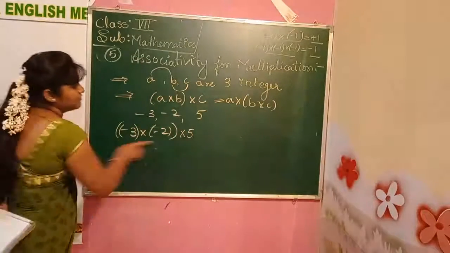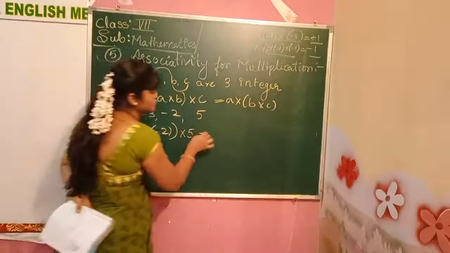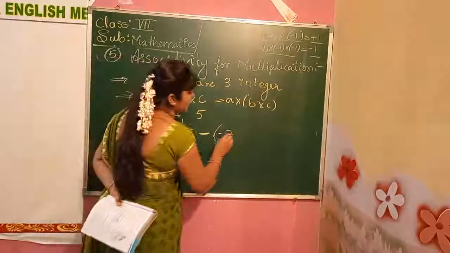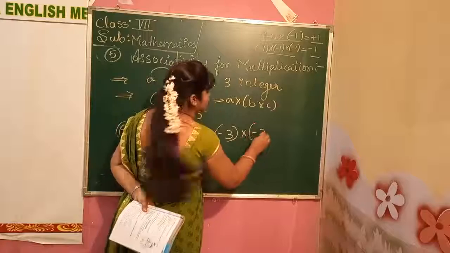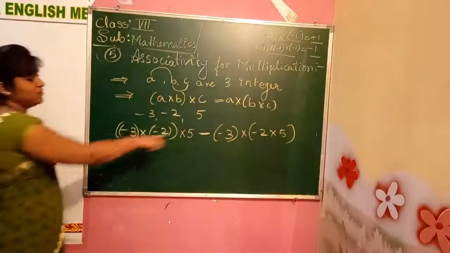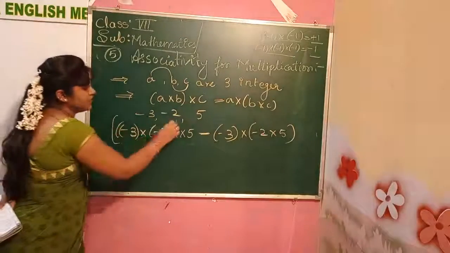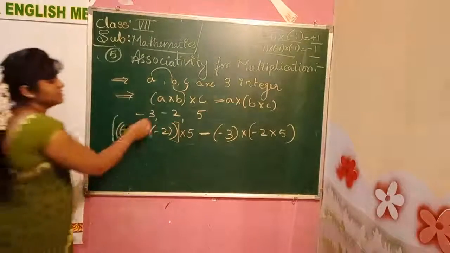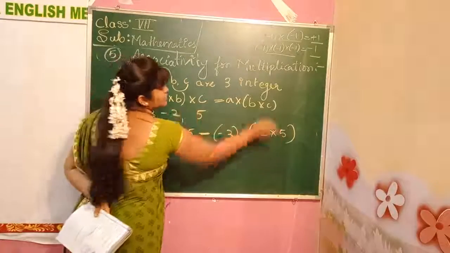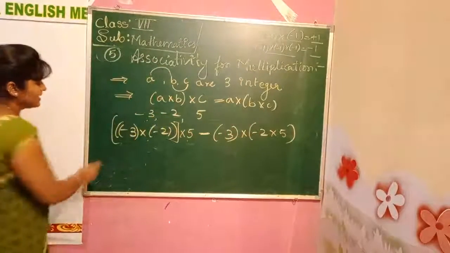I did in a one format grouping is equals to, we change the another way of grouping. I will take 3 out now into -2 into 5. Grouping I did changes here. First I did these 2 grouping, I took 5 out. Here I did 3 out and these 2. We'll write the answer now.